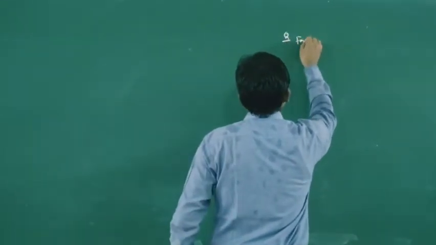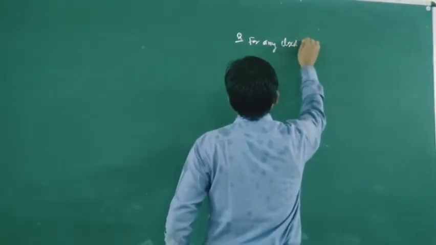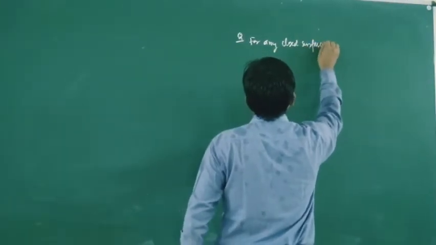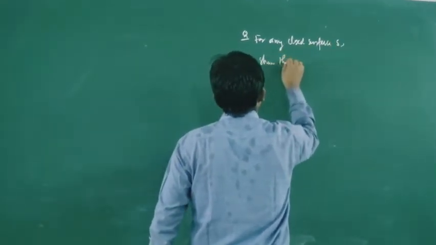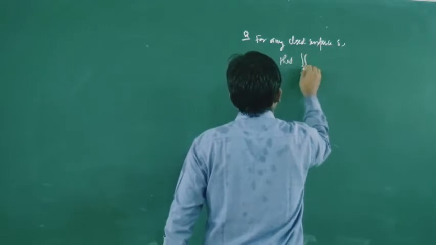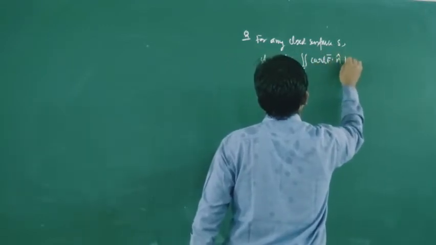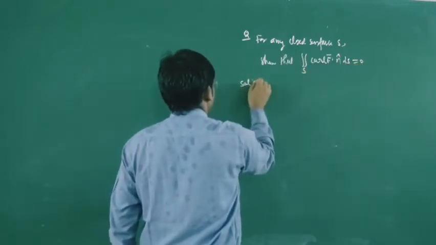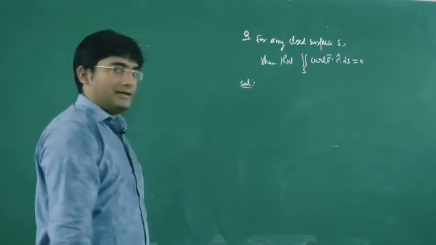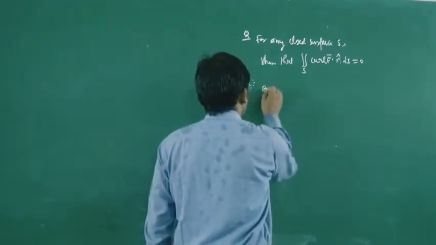For any closed surface S, show that the integral of curl of f dot n ds is equal to 0. So, solution. Let us apply the Gauss Divergence Theorem. So, by Gauss Divergence Theorem,